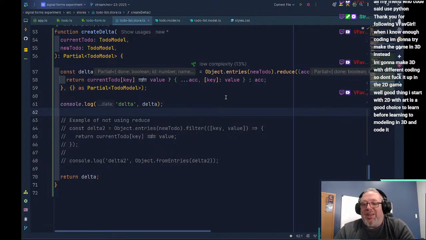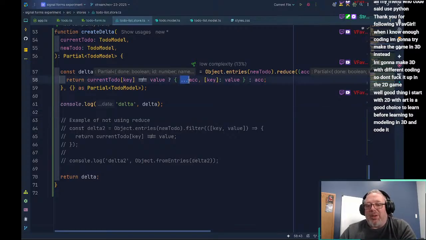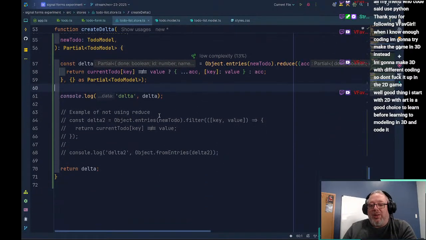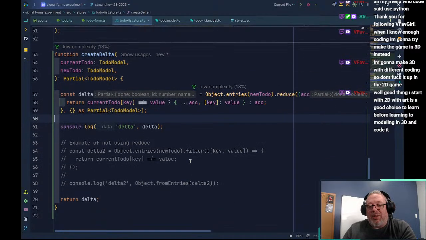No, man, we're actually creating a new object, right? Because of our spread here. But the filter, I actually find this one easier to read than the reduce. Because we're just filtering out properties, and then we wind up with the properties that we want.